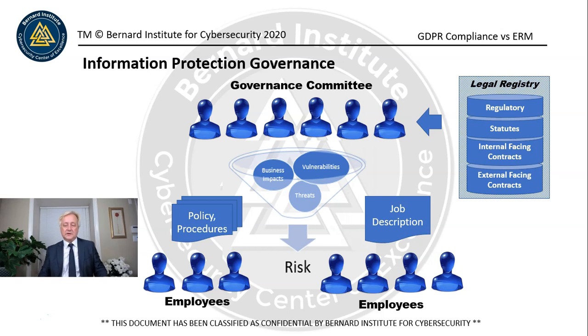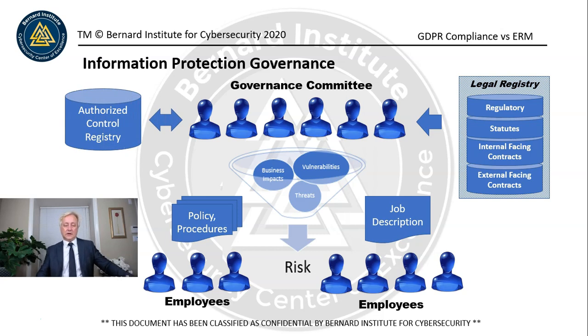The responsibilities also need to be defined in job descriptions. So if we determine that part of the risk is there's no clarification in the governance between the employees or between the different roles and responsibilities, then we need to work with human resources to make sure that the competencies are built into the job descriptions and then it's articulated and communicated to the managers who are responsible for reviewing these people's work to make sure that they're following the job description and the responsibilities in compliance with GDPR and the other regulations that we have to follow.